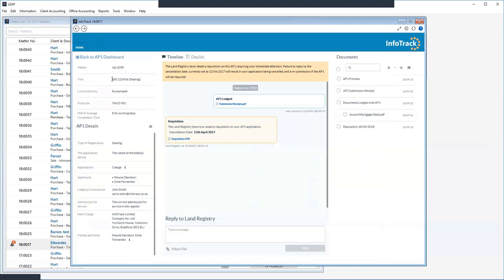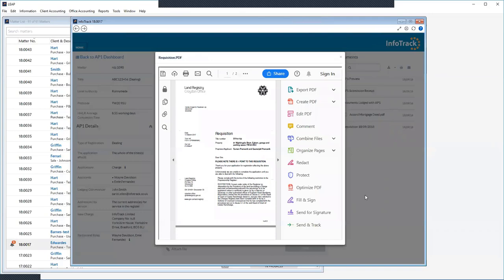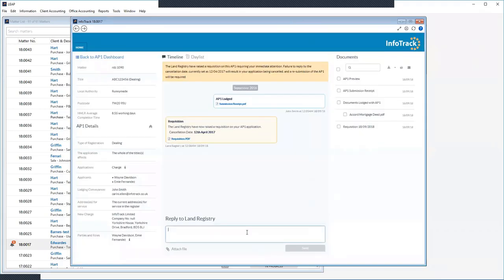system. We'll have a confirmation on the left-hand side of the data which you entered into the AP1 when submitted, a submission receipt which gets generated as soon as your AP1 hits Land Registry side, and there's no manual intervention through us. The requisitions will come back in exactly the same format as you're used to, and it's the easiest process to respond to a requisition. You literally just type your response down at the bottom here, attach a copy of a document if necessary, and hit send, and that will fire directly back through to your Land Registry caseworker to respond to the requisition